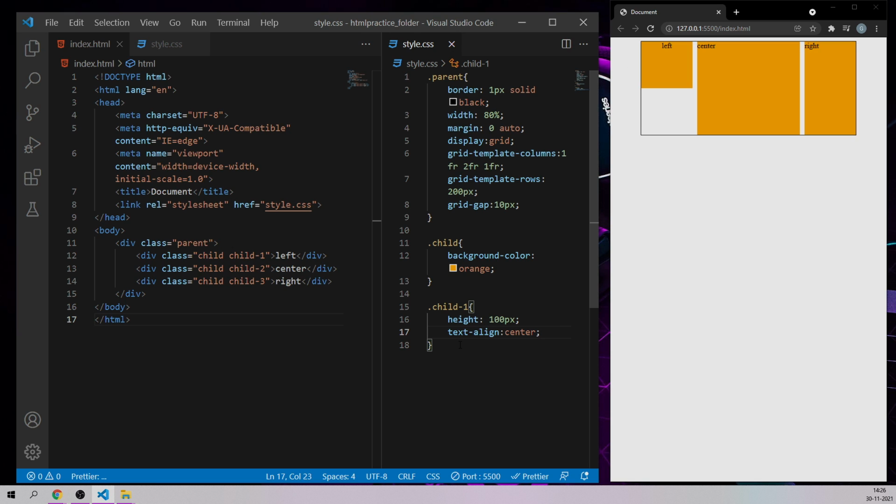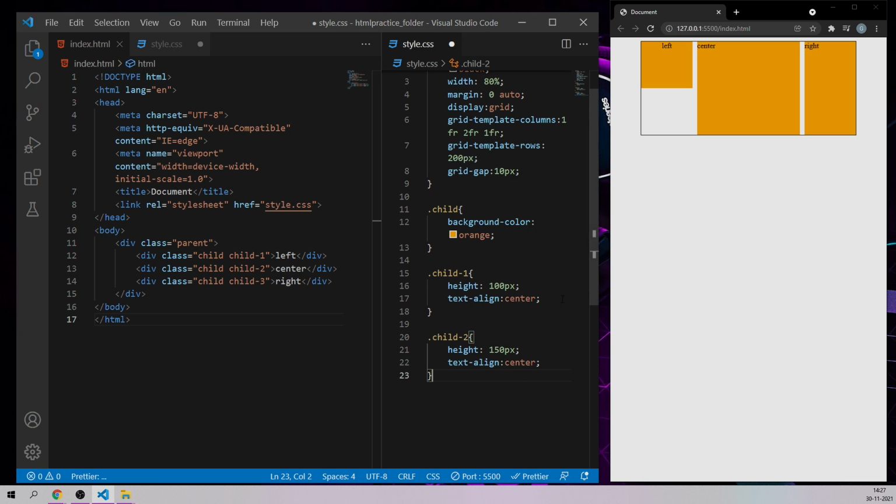Just like this, I want to have it for child 2 as well. So let me copy this child 1 code and change the class name to child-2, and this time let me keep the height of this second child, the center child, as 150 pixels, and let me save it.